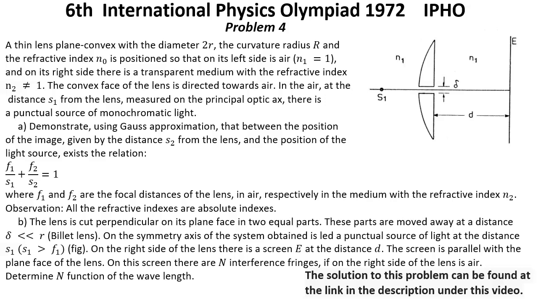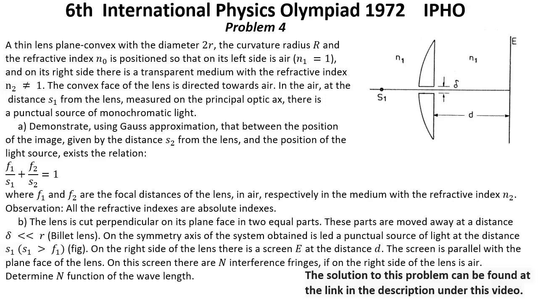6th International Physics Olympiad, year 1972, IPHO. Problem number 4. A thin plane-convex lens with the diameter 2 small r, the curvature radius big R,